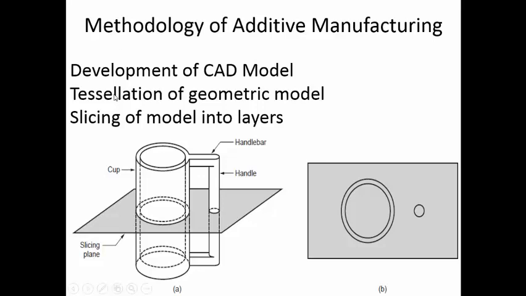The next important step is the slicing. Now this is what decides how the material will be added. So if you are taking this particular mug shown in the figure and we are using a slicing plane and we are trying to cut this particular mug, the question is, where should the material be added? The material should be added in the thin ring here that forms the cup profile and the small circular profile here which forms the handle. In all the other areas we don't want any material to be added.